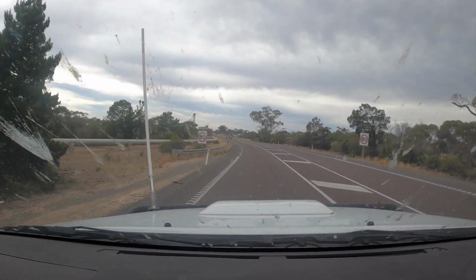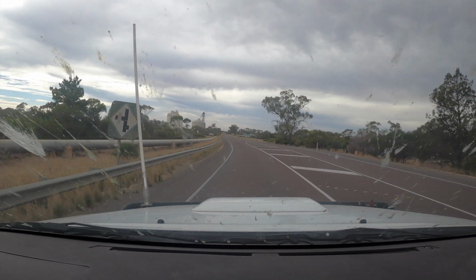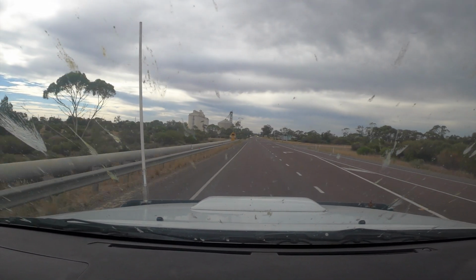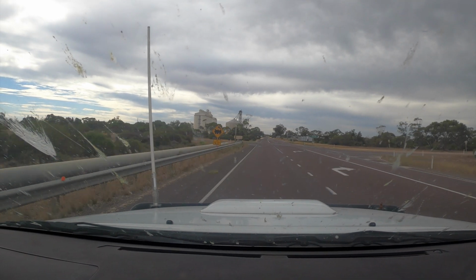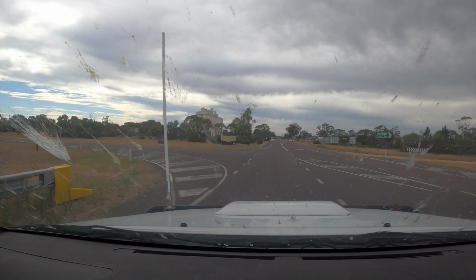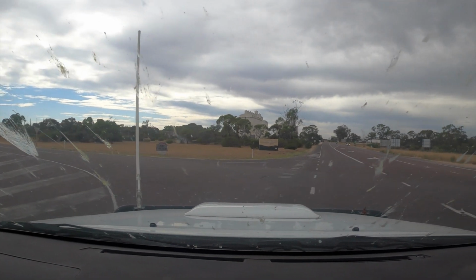Coming into Poochera. It's in South Australia. I'll stop here for a little bit, try and find somewhere to clean the windscreen and have something to eat, because the place I stopped at last night,